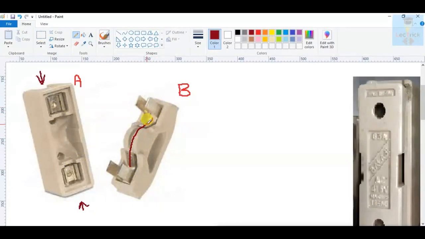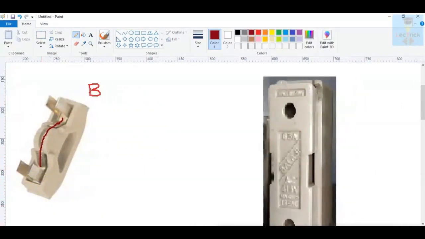When a fault current appears from here, it flows through this fuse wire. Due to its low melting point, it melts down and opens the circuit. There is no outgoing current here, no connectivity from here to here, so it opens and protects the circuit. This whole unit, along with A and B, is generally called a fuse cutter. For single phase or three phase, we can use this rewirable or KitKat fuse.